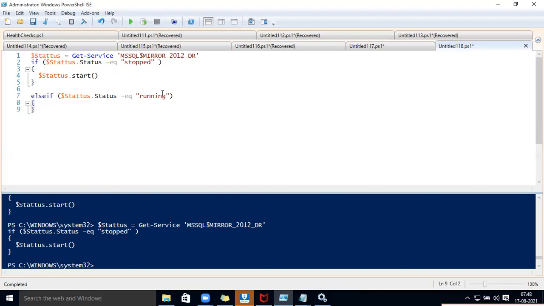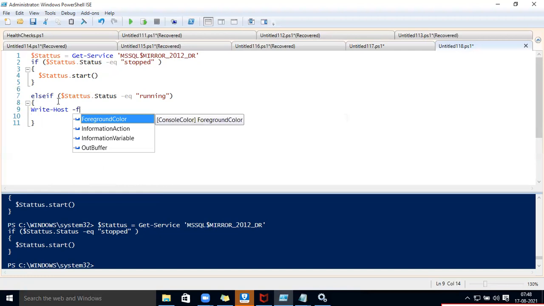Same way. So now tell me, I explained it to you just this morning. If you want to display anything, what command do we have to use? Write-Host, right? I'm typing Write-Host. If that statement is started and running, what will it do? It will get inside that Write-Host, and you have to type it like this.